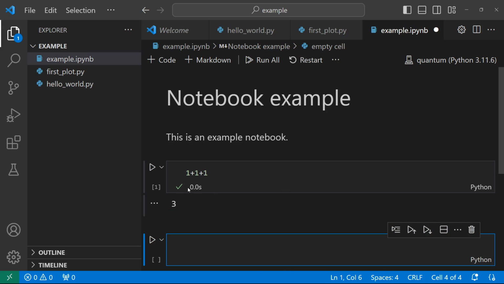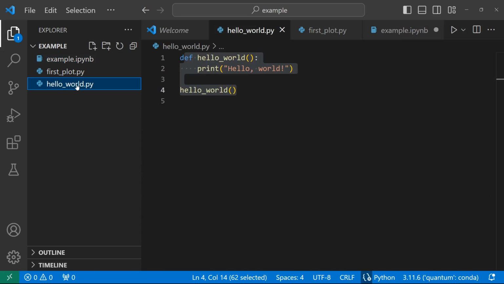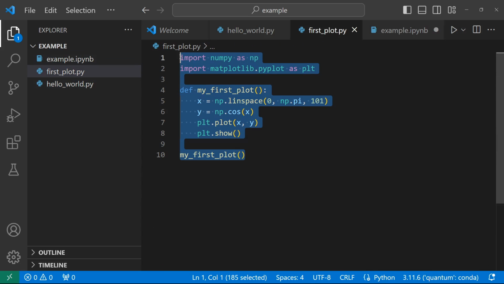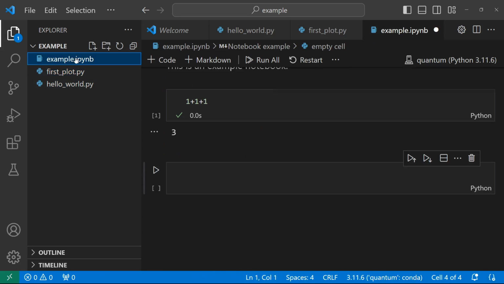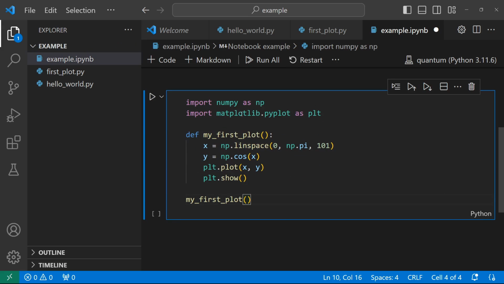And once we are done, it launches the kernel, which launches a Python interpreter and produces the right output. So we're going to copy the code from here, and we're going to paste it here. This is a piece of cake. It's simply cut and paste, and we can execute the cell,